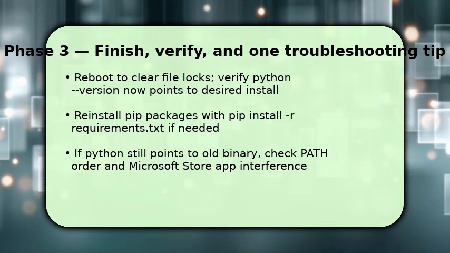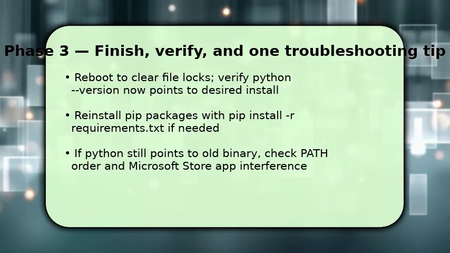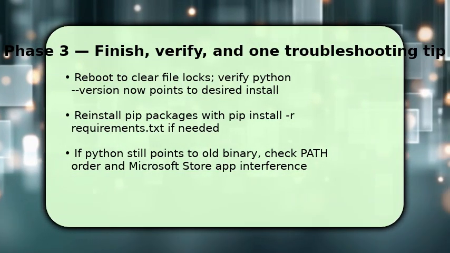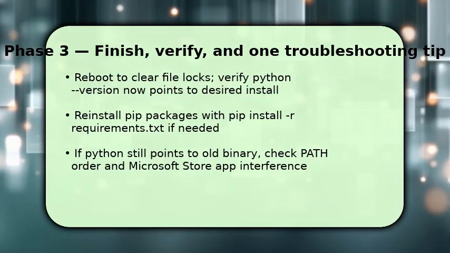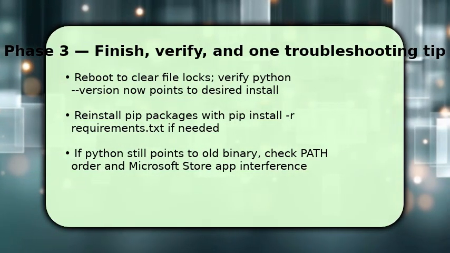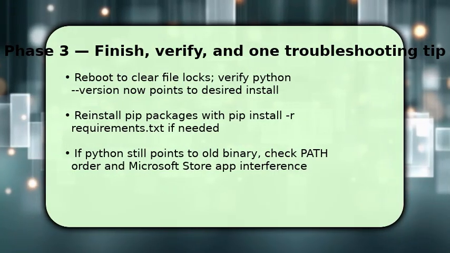After restarting, open a command prompt and run python --version to confirm the old version is gone and the correct interpreter is active. If you need packages, reinstall via pip install -r requirements.txt. Troubleshooting. If Python still resolves to the removed version, recheck path ordering and remove any Microsoft Store Python app